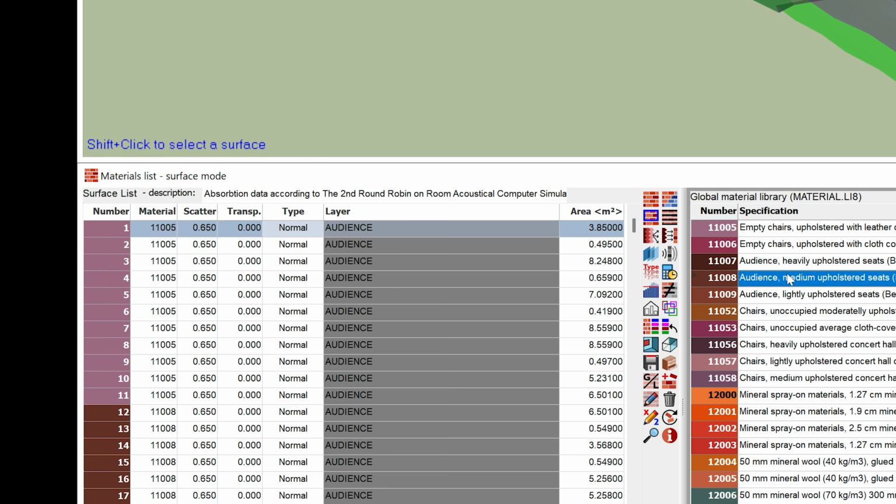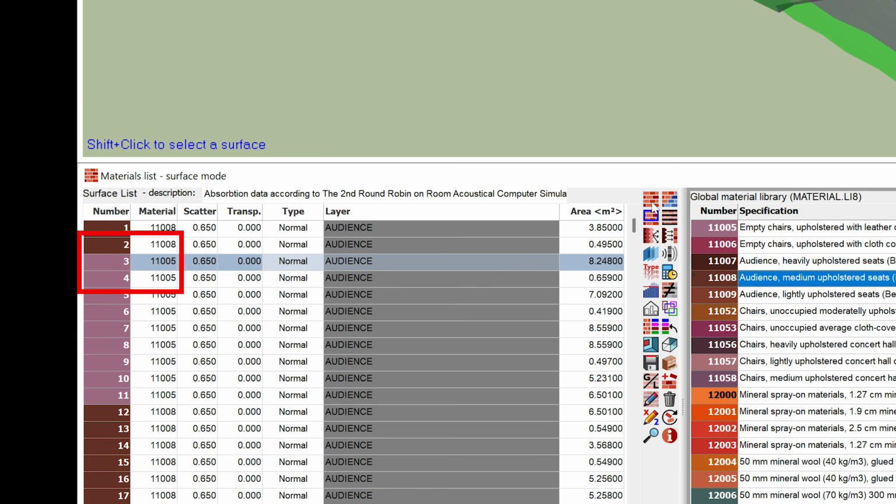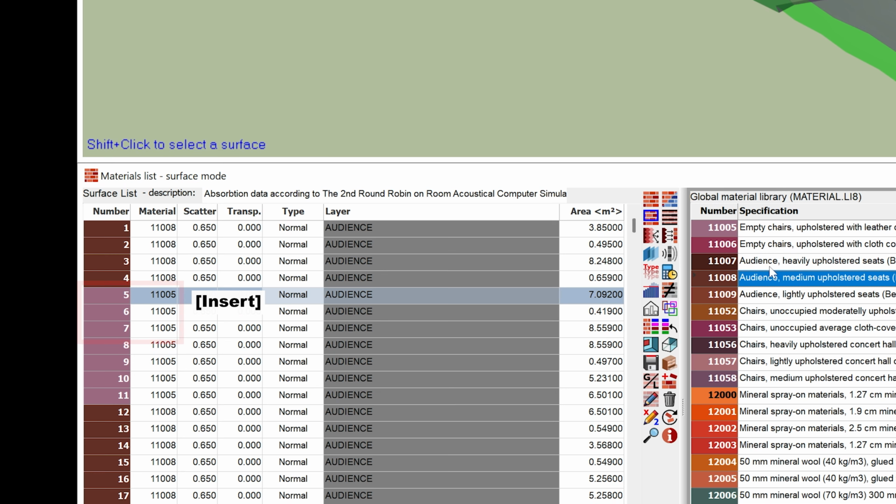You can also assign materials to individual surfaces in the Surface mode. This moves the cursor to the next surface, so you can just click repeatedly. You can do the same thing with the Insert key.